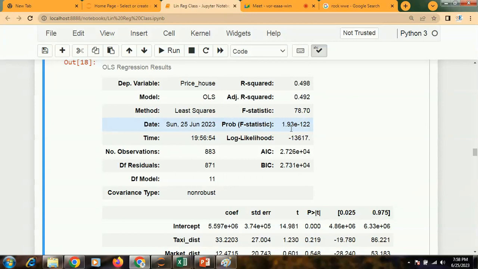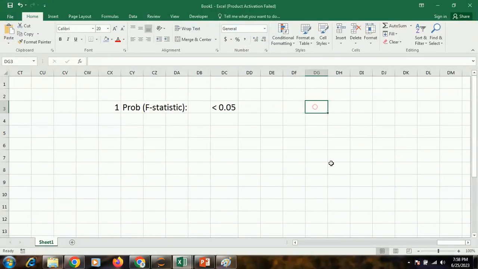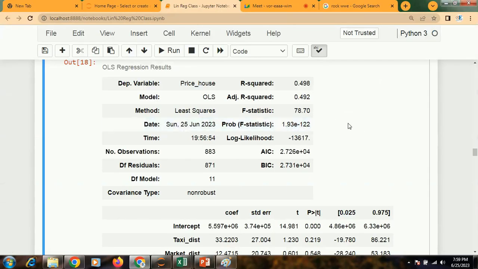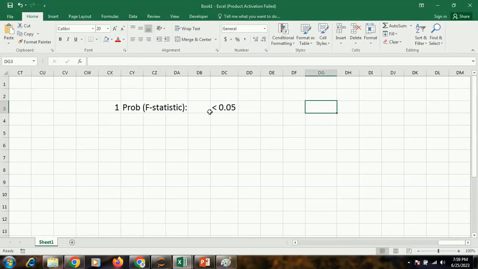So it should be less than 0.05, and this is less than 0.05. 1.93 to the power minus 122 means you need to write 0, then 120 zeros, and then 193. So that's how you should have it. Ideally it should be less than 0.05, which is fine.